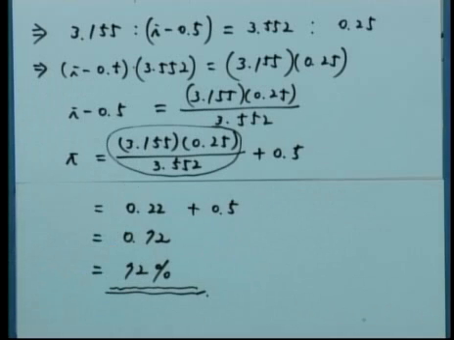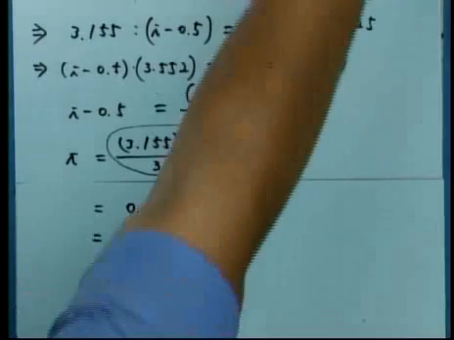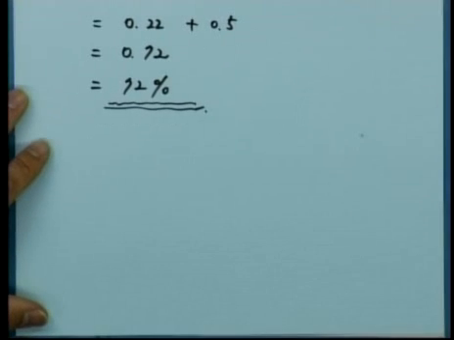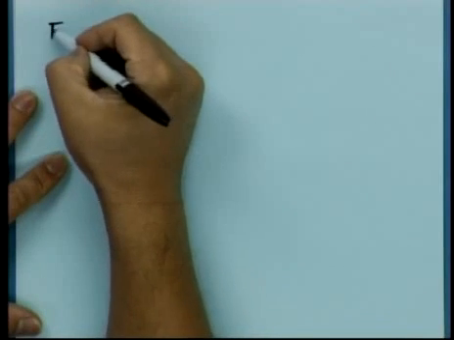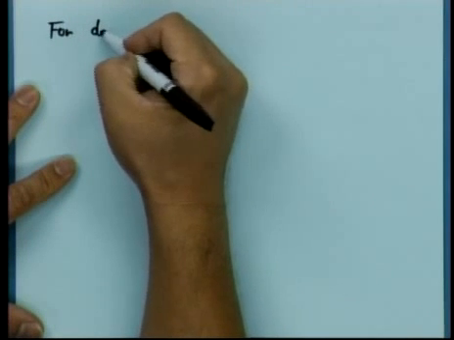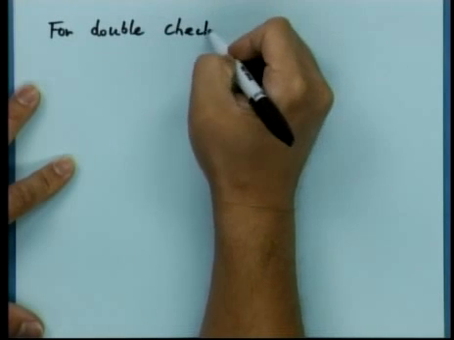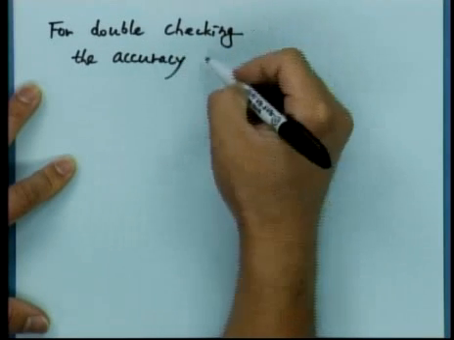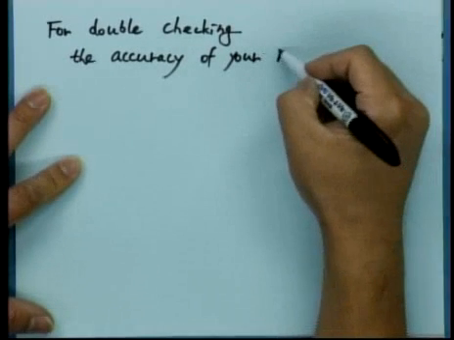So from this example, we've learned how to use a linear interpolation. In order to manually double check the accuracy of your interpolation, you need to keep in mind the following two basic rules, okay? So for double checking the accuracy of your interpolation,